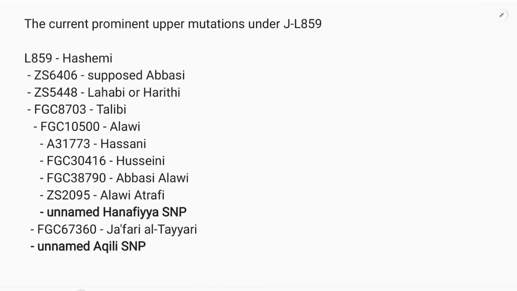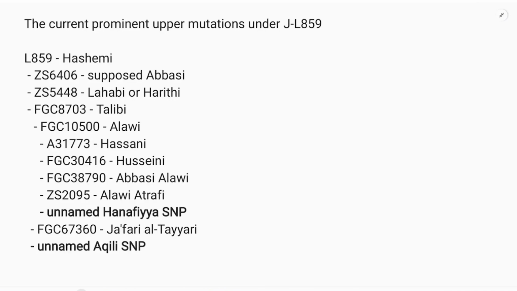But it should be made clear that everyone descending, or nearly everyone descending from J-L859, has a claim to Sadat ancestry. They have family trees and traditions, but they don't always fall within the structure that they should be, or the claims are different than as proposed. The second SNP is